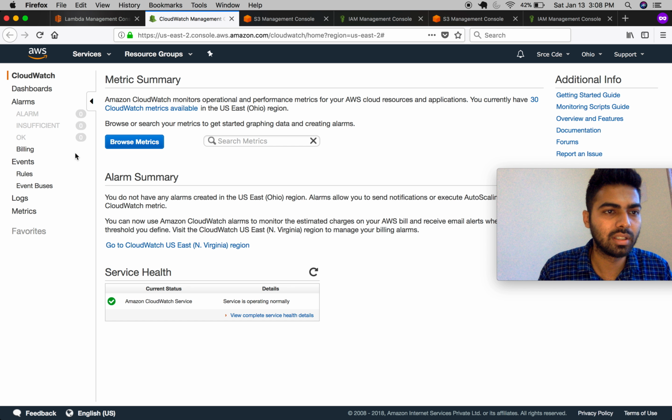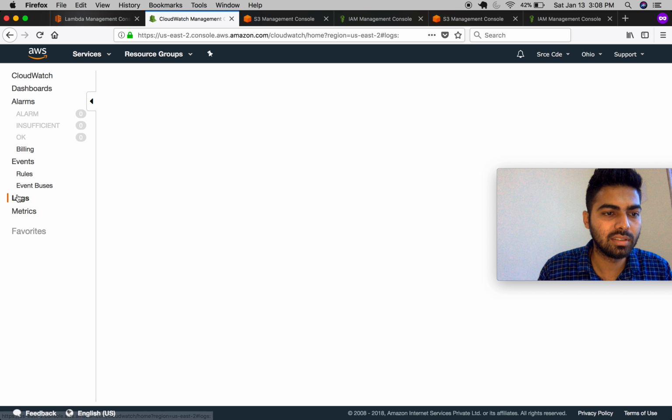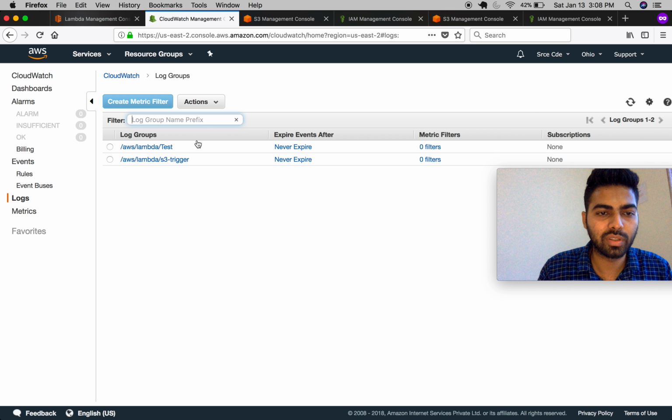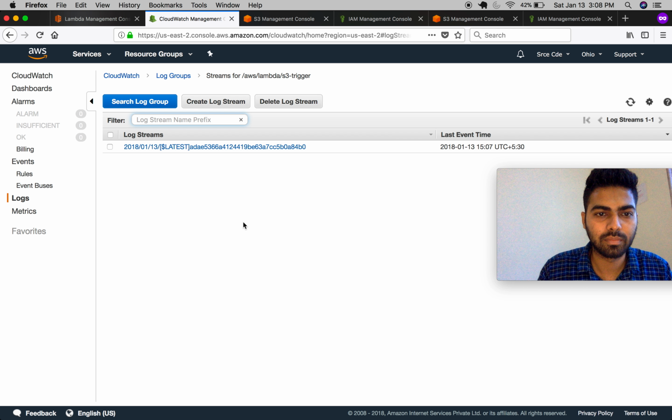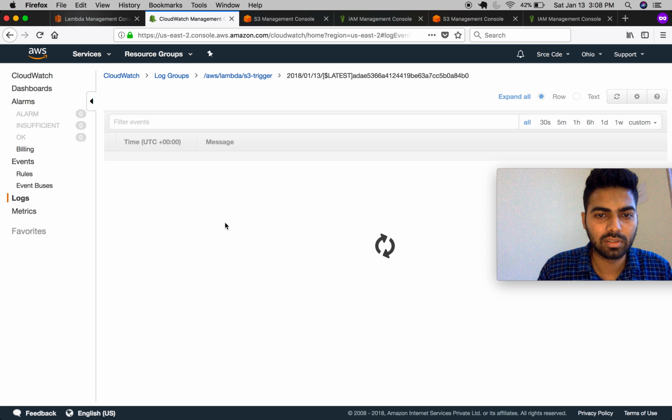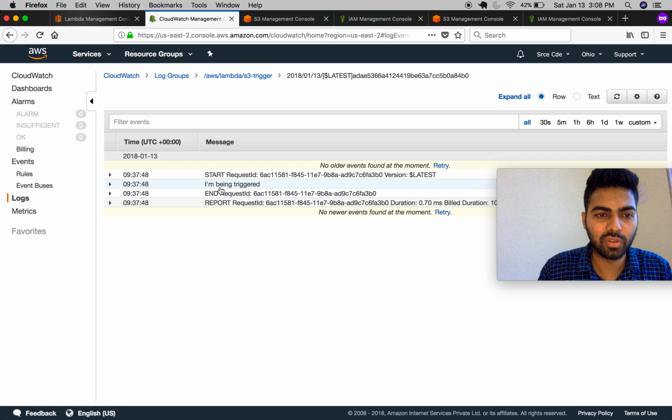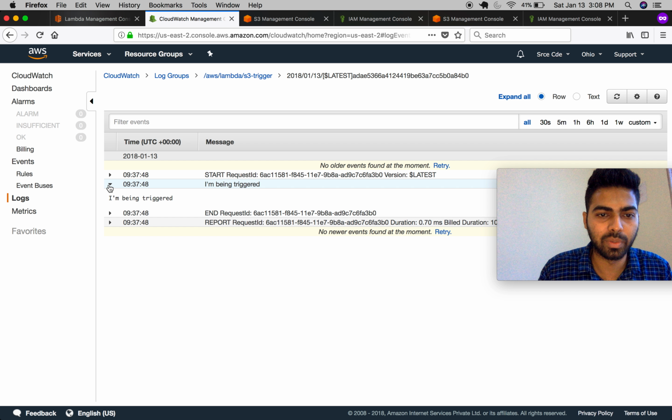Yeah, it's loaded now. Select logs from the left panel. Here you can see the logs have been created for the S3-trigger Lambda function. Click on it, and this is the log stream that has been created. Here you can see our output that we have printed, that is "I am being triggered".